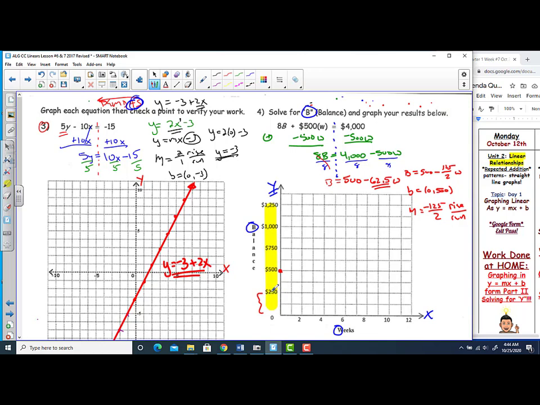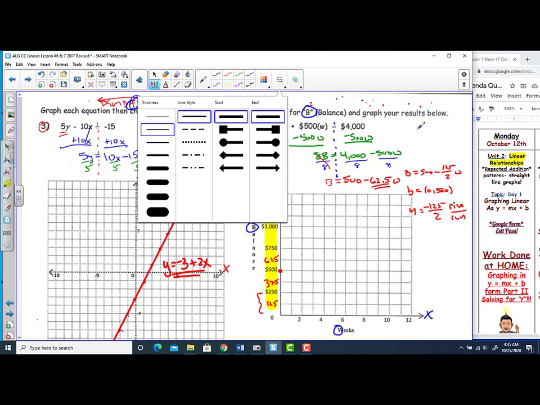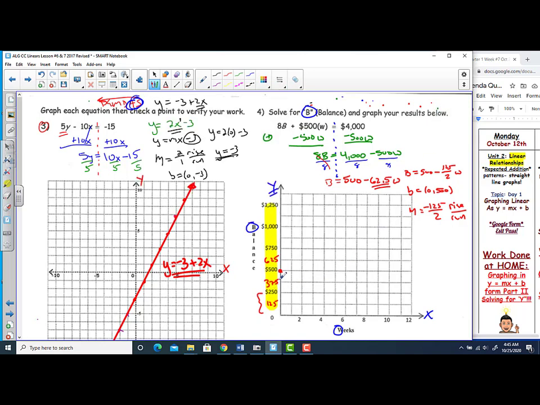What I notice in my y-axis is that every 2 boxes represents 250. And because every 2 boxes represents 250, that must mean that every box is 125. So I go 125, 250, then I must go 375, 500, then I must go 625, 750, and so forth. So in order to appropriately represent the decrease of $125 every 2 weeks, I have to go down 1 box,